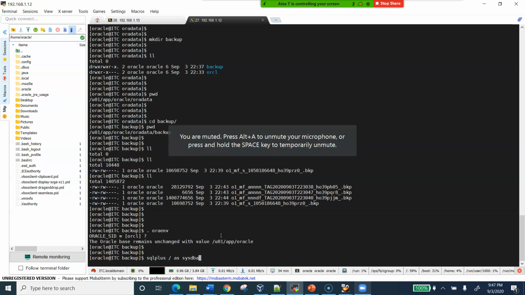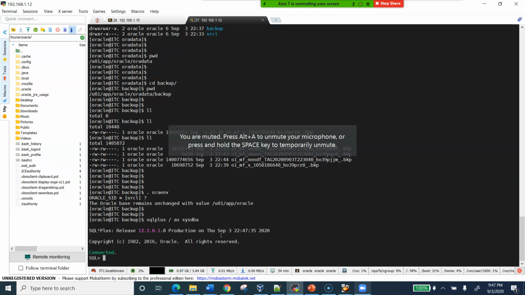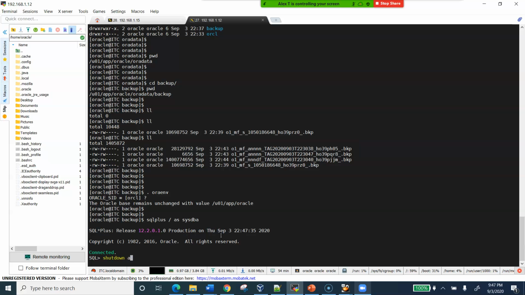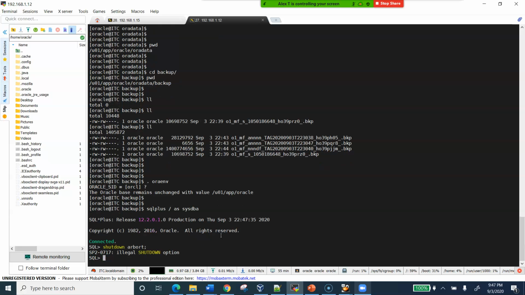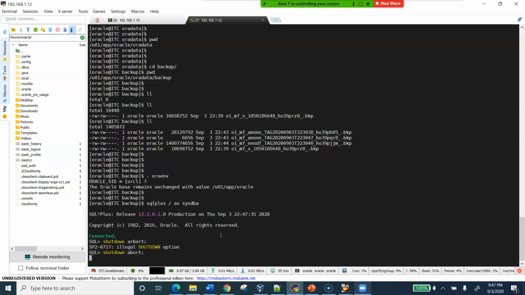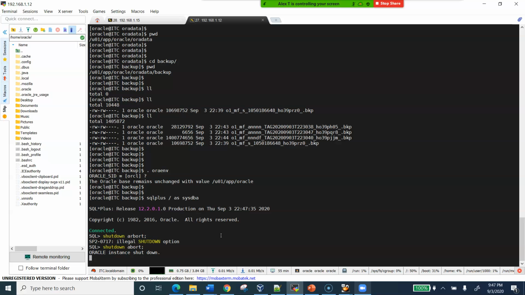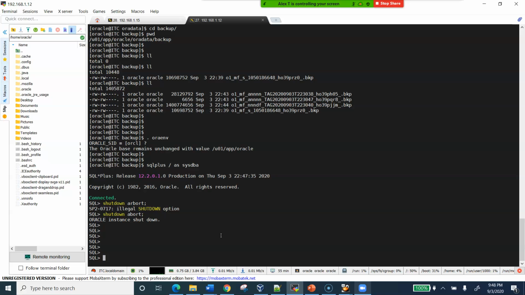Shut down abort. Why are we doing the shutdown abort? Because we cannot connect to the database. So you can do the normal shutdown here. You need to make sure that the database is down. And then